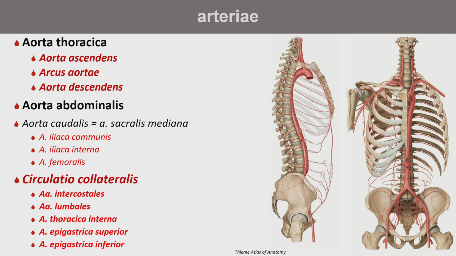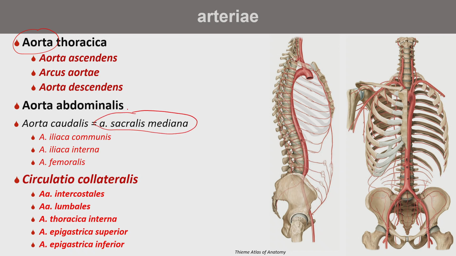Some crucial structure which is distributing the blood through the body, and this structure is called aorta. Aorta has 3 parts in all vertebrates. One part is called thoracic, the second abdominal, and the third caudal, or tail aorta. We, as humans, will probably know that we have no tail, but the tail part of the aorta in our body is called